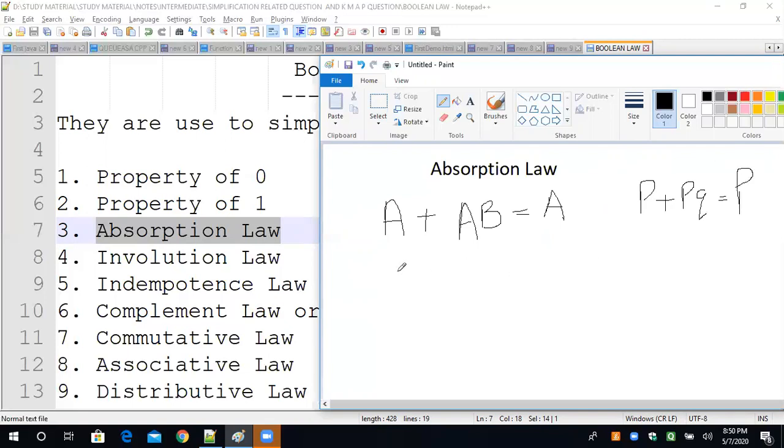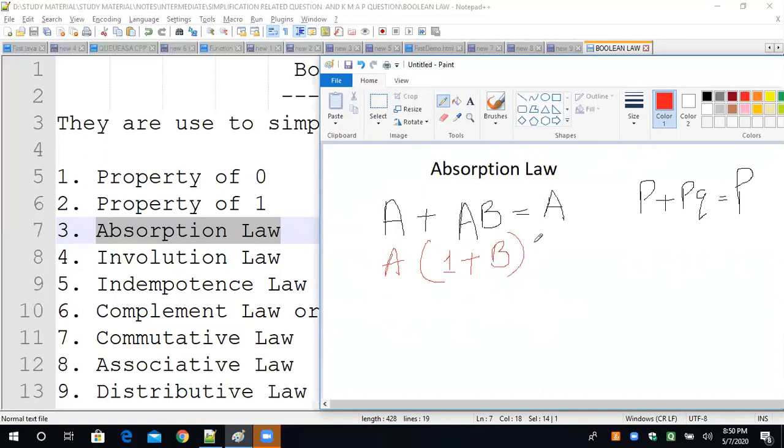Okay, now how to prove this law? Basically, LHS should be equal to RHS for the proof. We can see that A is here and A is also here. So what we can do, we can take A as common. If I have taken A as common, no variable is pending over here, so I can take 1 plus. A is already taken common, so here we will be left with B.